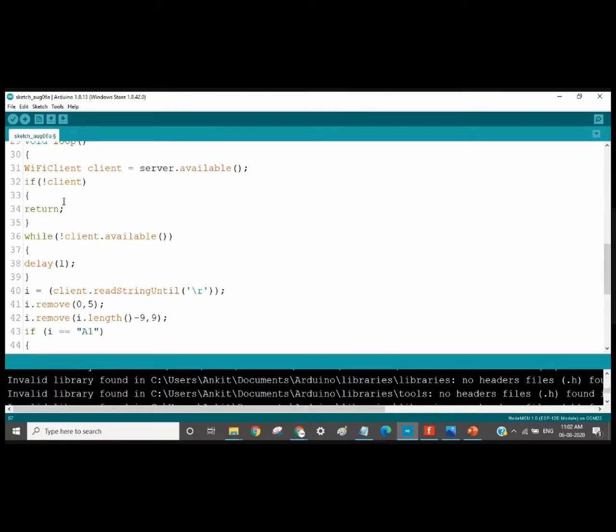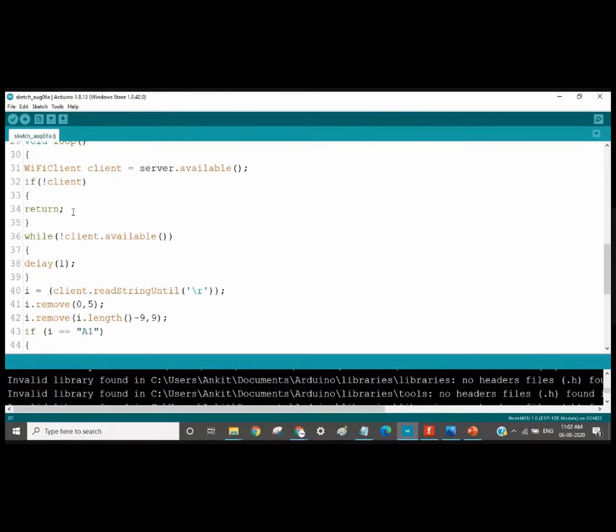But here we don't check if the client is created or not, right? There can be multiple clients. For example, there is a single device in your house, but there can be multiple users. So we are not checking how many users there are, so we are not writing anything here. Okay.